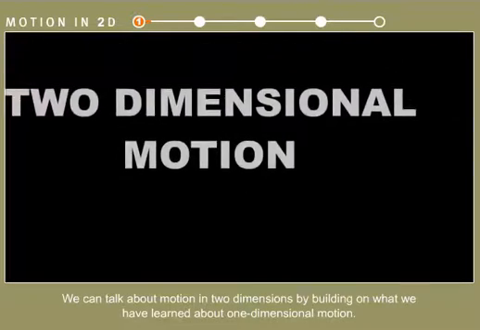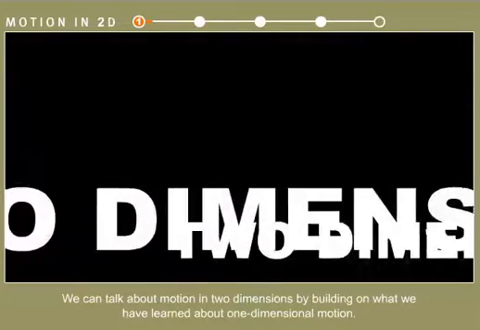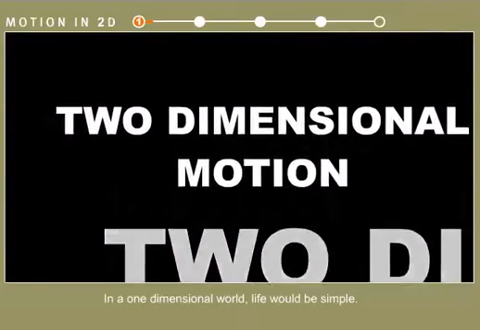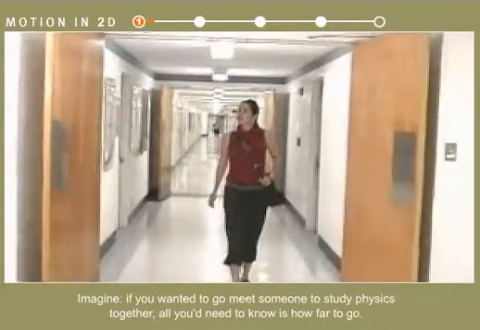We can talk about motion in two dimensions by building on what we've learned about one-dimensional motion. In a one-dimensional world, life would be simple. Imagine, if you wanted to go meet someone to study physics together, all you'd need to know is how far